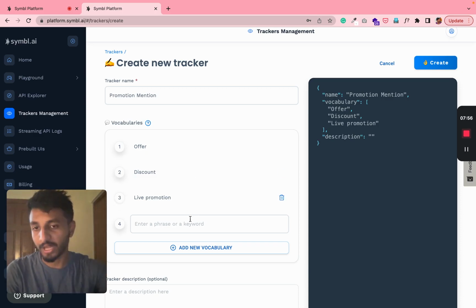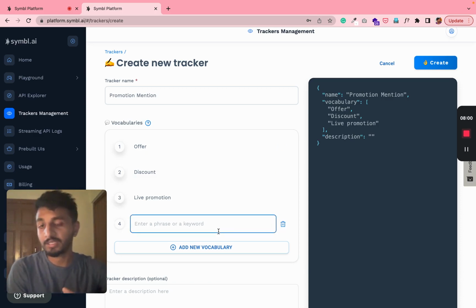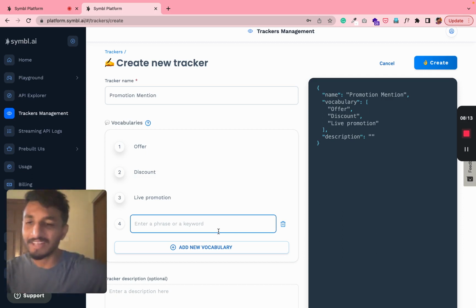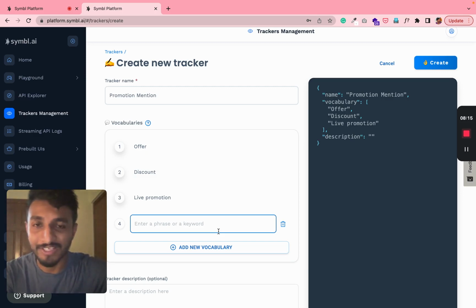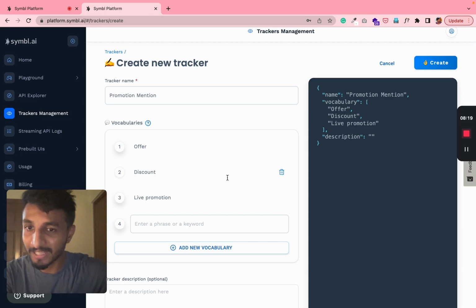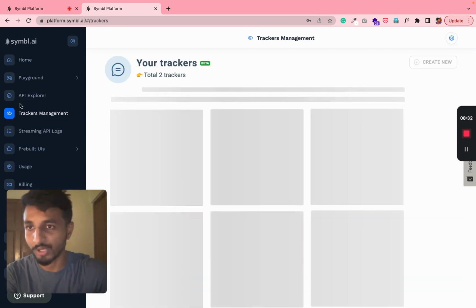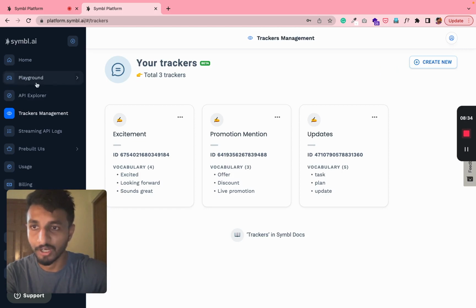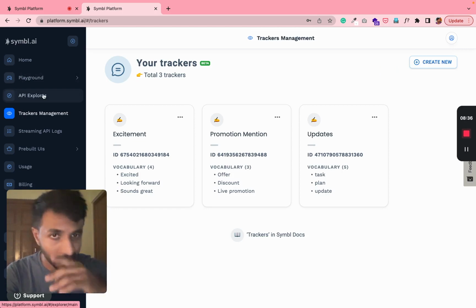And it could be anything beyond these words also. The agent doesn't really have to mention offer or discount or promotion. They could say, we're currently having a sale, which lets you buy our product at 25% off the regular price. Sale is not a word that's mentioned in this tracker, but it will still get tracked because it's contextually similar to this particular tracker. You could again try and experiment with this using the trackers feature under API Explorer.